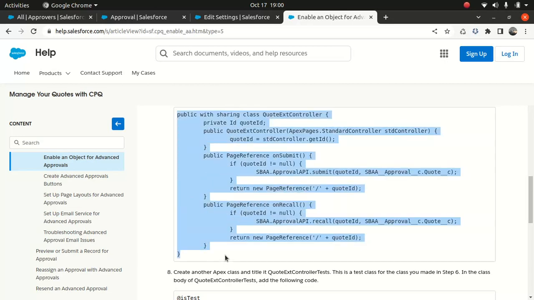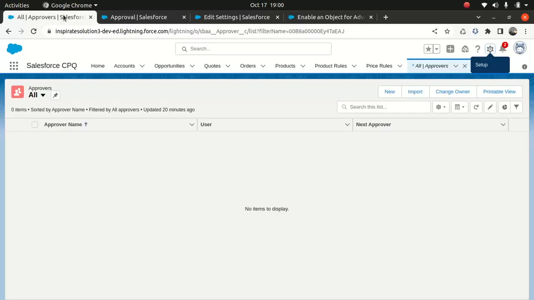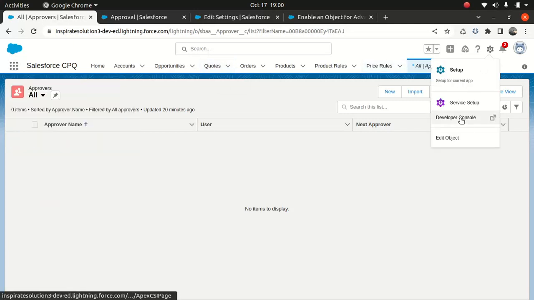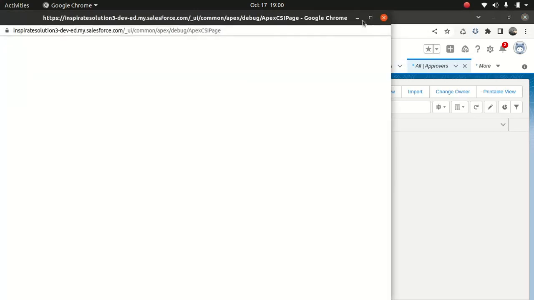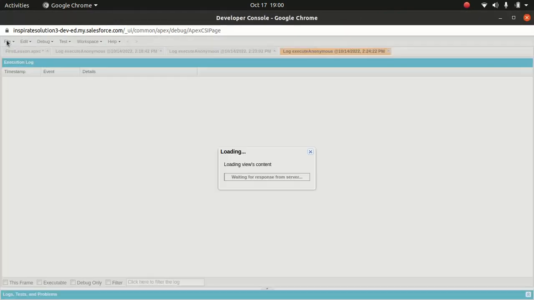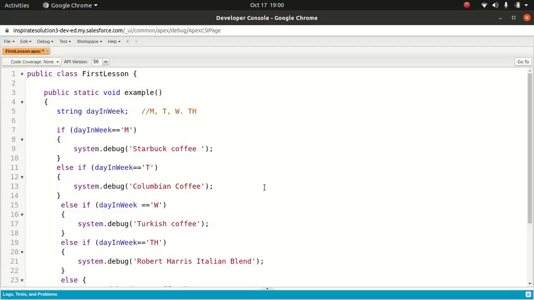Right, this one is pretty simple if you don't know how to create it. Creating an Apex class is pretty simple. So you can do it two ways, right? One, you can go to the developer console, and I'll show you anyway. So you go to developer console and just go to File, or you can create it